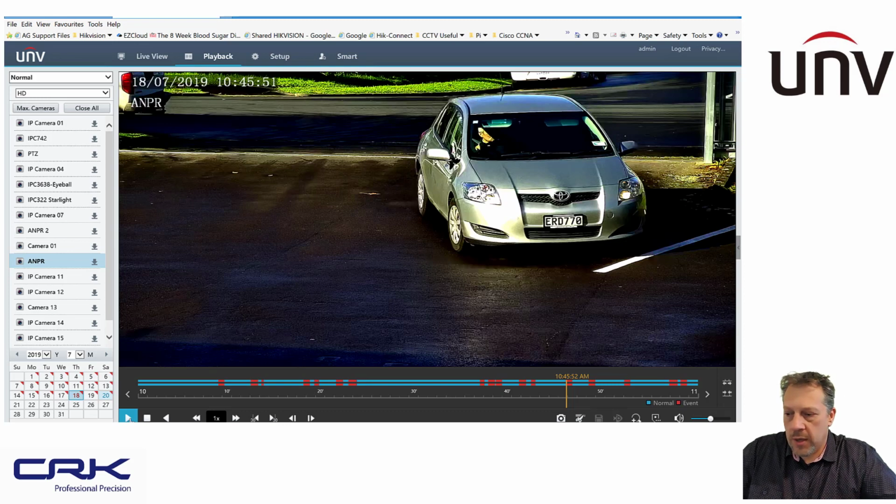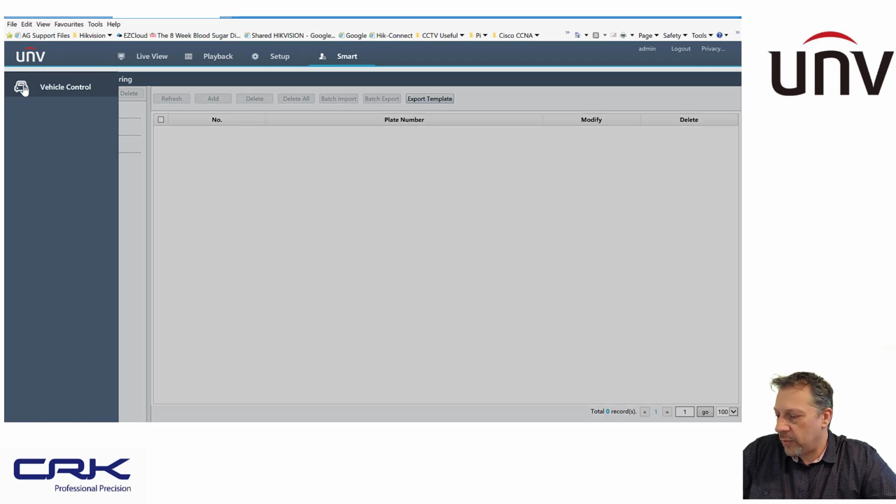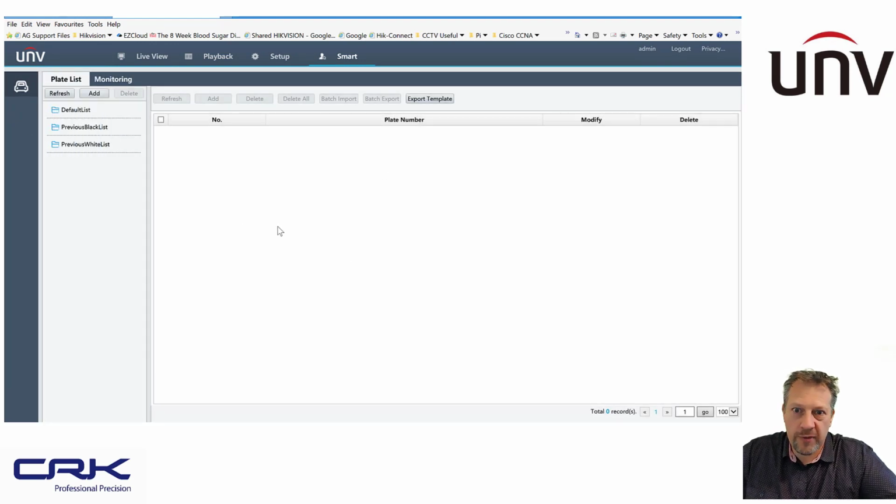Hopefully in the future Uniview will be adding that functionality to the web interface. As you can see under here, we've got smart function and we've got the vehicle function here. So it sort of makes sense to me that they'll be adding it to there in the future as well. The same goes for the VMS EZ station. Again, we can't do a search on the recorder database from the EZ station as of yet, as of recording this, but it's probably going to be only a matter of time before that function is added there as well. So let's go back to my slides